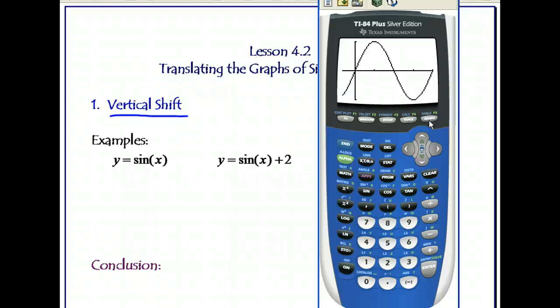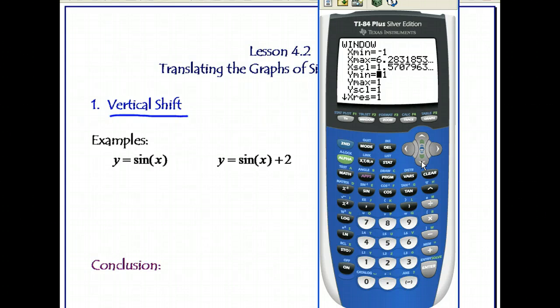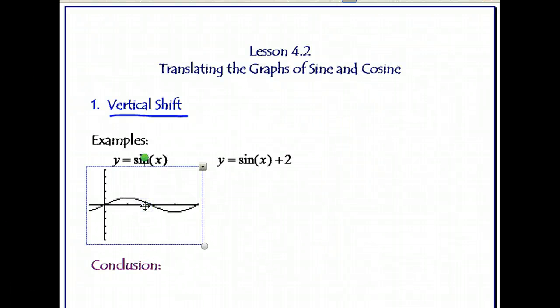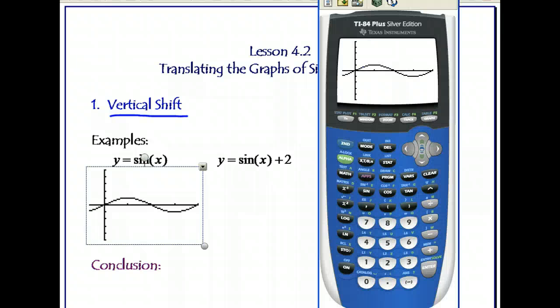Okay, what we're going to do now, we're going to zoom that window out just a little bit. So our x minimum, we're going to keep the same, as well as our x maximum. However, our y minimum, we're going to go -5 to 5. Okay, just to take a look at what this looks like now. So this is our basic sine graph one more time. And let's take that and put it over here. Now using that exact same window,